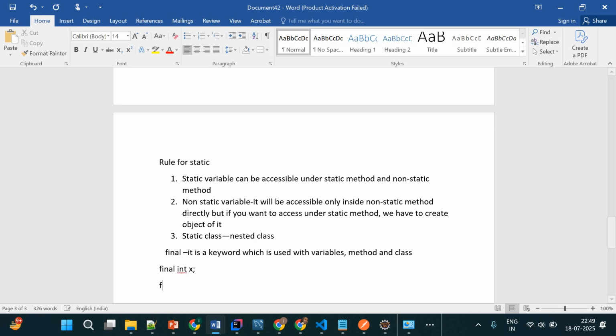So now let me write a final method. If I make it a final method, it cannot be overridden. Always remember that a constructor cannot be overridden, and the same way a final method also cannot be overridden. We cannot override a final method. Same with static that we have covered: a static method also cannot be overridden. So whenever you think, I want to make a method that cannot be overridden,